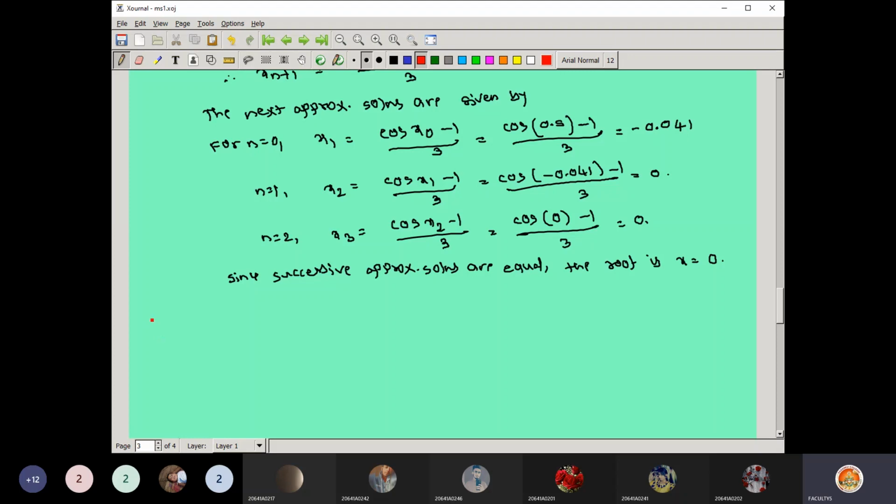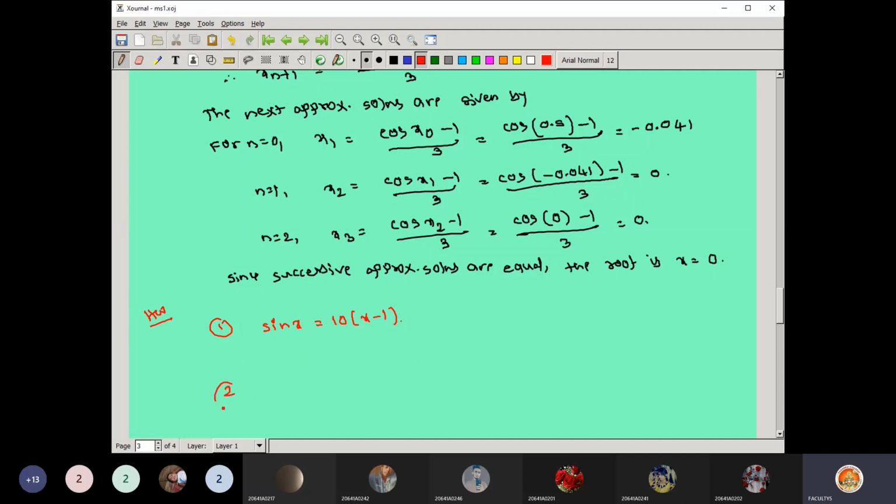So I will give you some similar problems, you just try to find out the answer. So I just give you, it is sin x equal to 10 into x minus 1. Whenever you get the trigonometric terms, better don't focus on that. Other than the special functions, you take and convert into x n plus 1 equal to phi of x n. So directly you will get the answer.